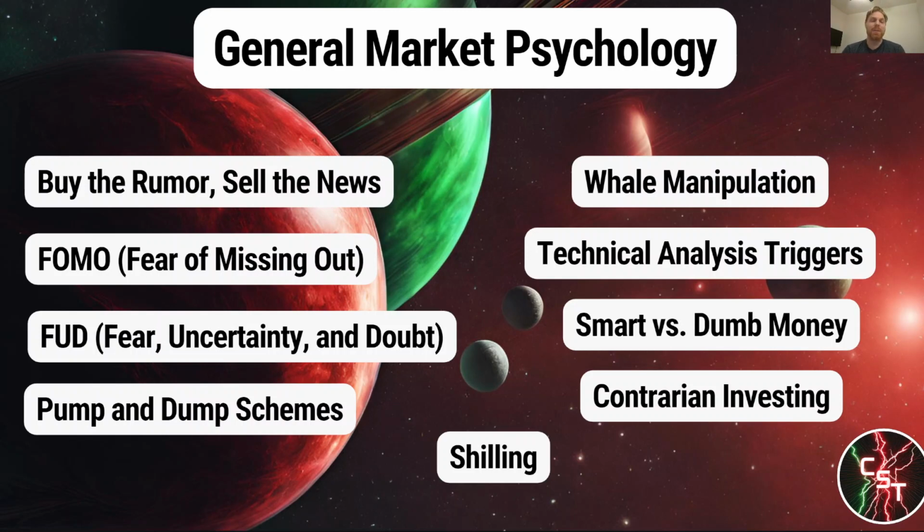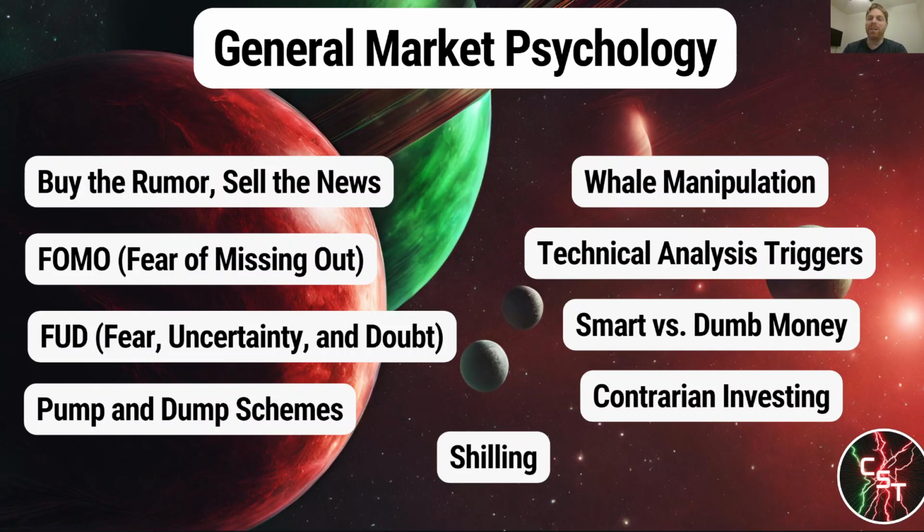Pump and dump schemes. So you have a really clever marketing scheme to try to get you into a project that's worthless, and then the whales dump on you. Speaking of that, whale manipulation. People who hold very large shares of a crypto project or a stock in traditional markets have the power to move the markets in really big ways, although more so in the crypto markets because the crypto markets are unregulated and they can kind of move the markets to fit their narrative. Technical analysis triggers. So these can be things in the market that are almost like a self-fulfilling prophecy that you see play out with TA, a little bit like confirmation bias.